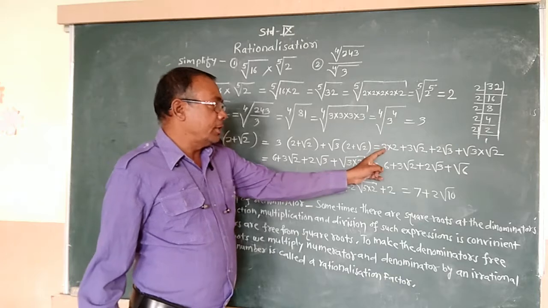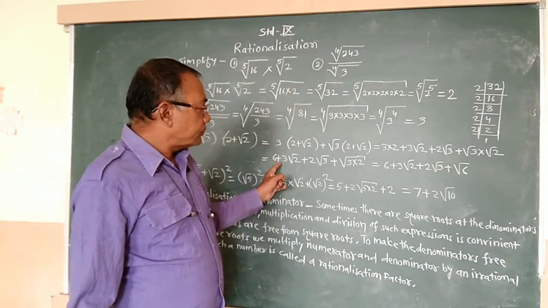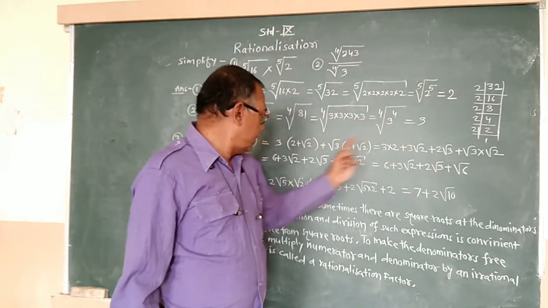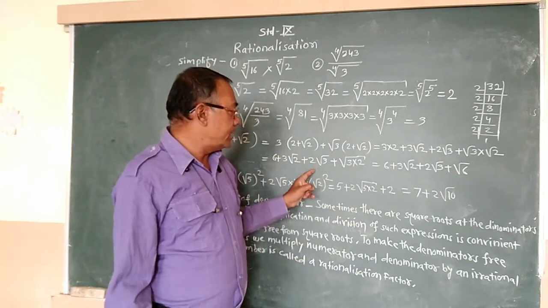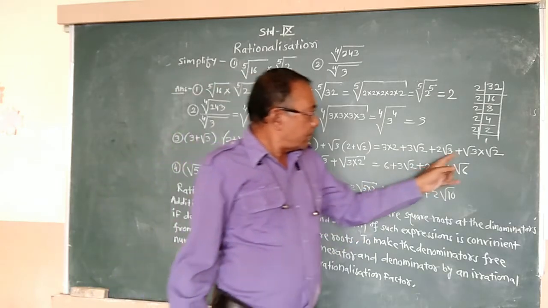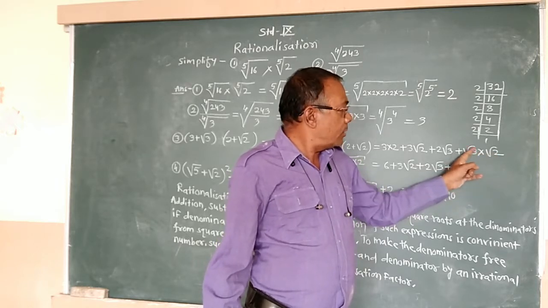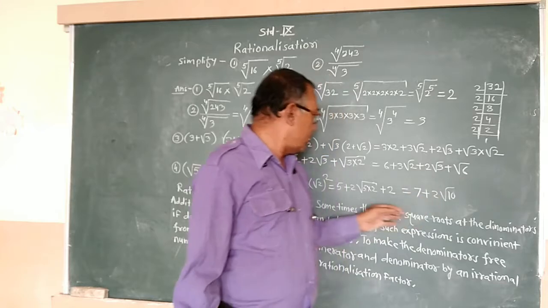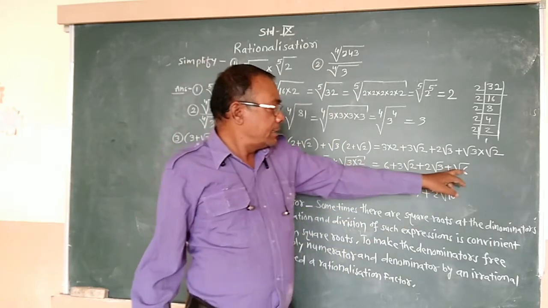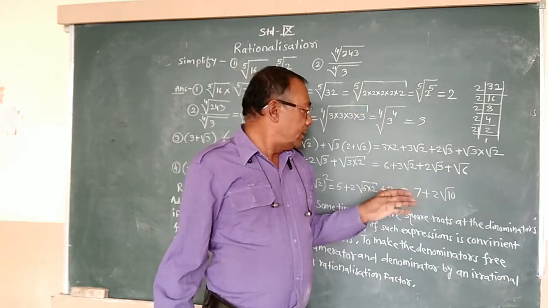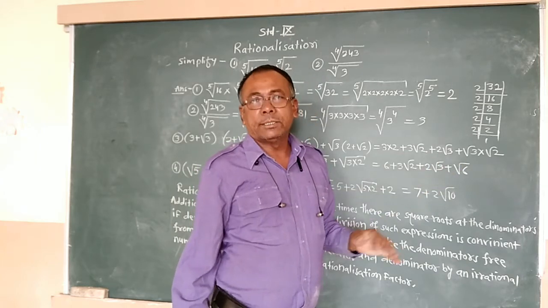Then we get 6 plus 3 root 3 as it is, plus 2 root 2 also as it is, plus root 2 and root 3, which are multiplying and have the same order, so we multiply them under one radical sign, and 2 into 3 is 6, so root 6. In this way, 6 plus 3 root 3 plus 2 root 2 plus root 6 is the answer of the given example.